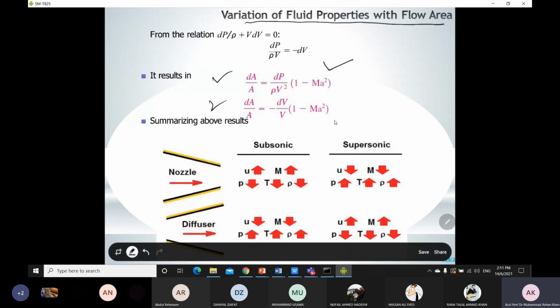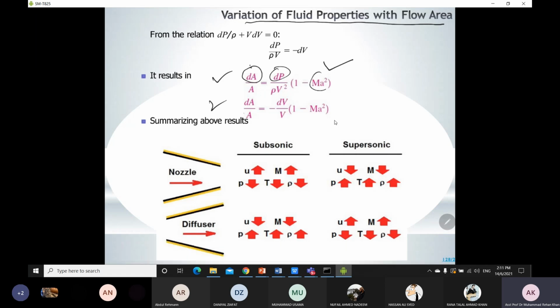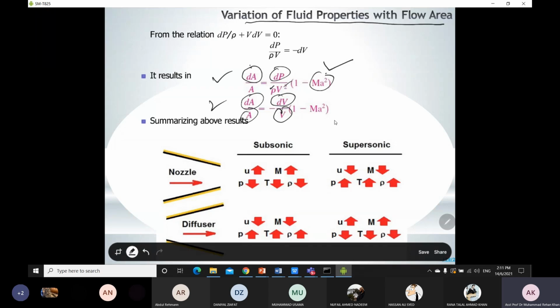I hope you already know the meaning of this equation: dA is the change in area, dP the change in pressure, M the Mach number, rho the density, and v squared the velocity. Here there is a change in velocity, v, dA, and A the area, and this is how we can reference the variation of fluid property with the flow area. Now we try to apply these equations on two different